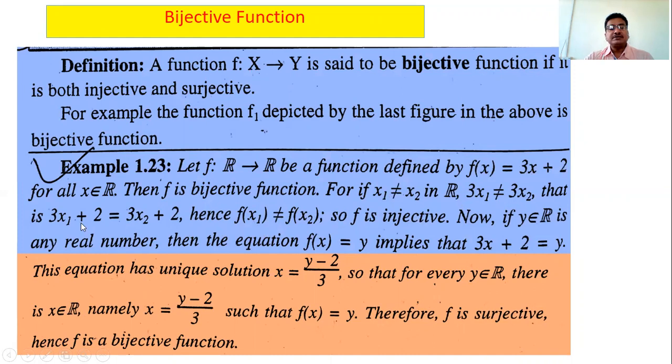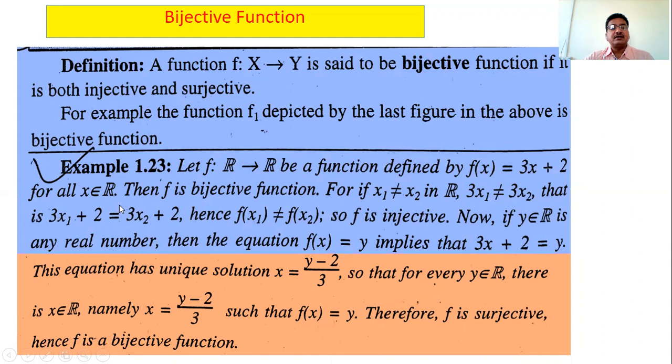That is, we have to show 3x1 plus 2 is not equal to 3x2 plus 2. So multiply x1 and x2 on both sides by 3, keeping the not-equal sign. If x1 is not equal to x2, then 3x1 is also not equal to 3x2, and then we add 2 on both sides. Then we have 3x1 plus 2 is not equal to